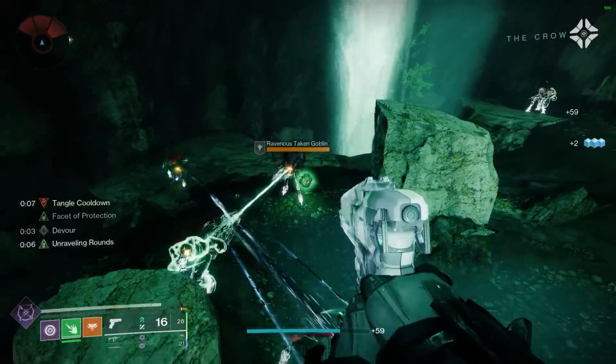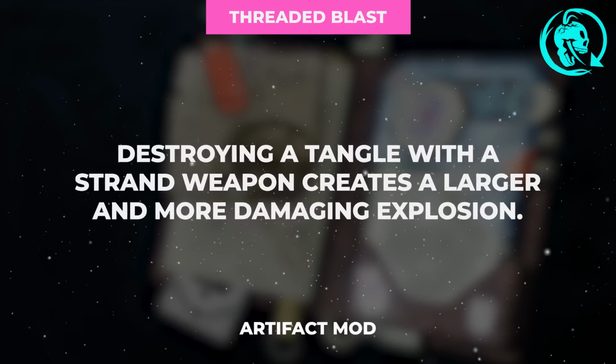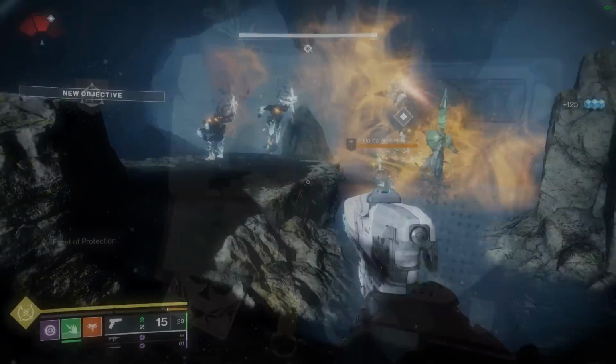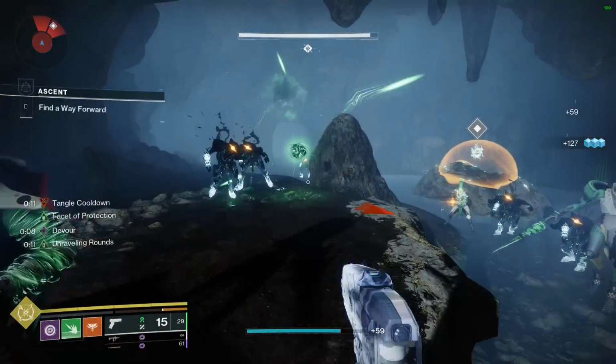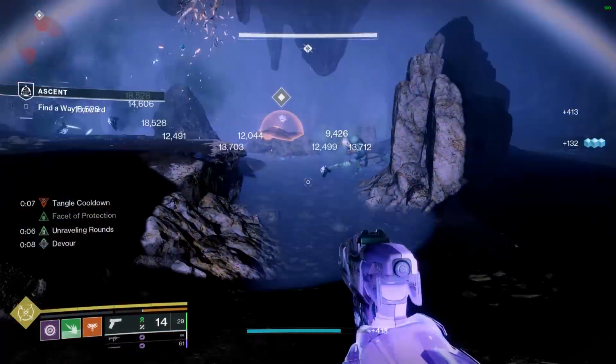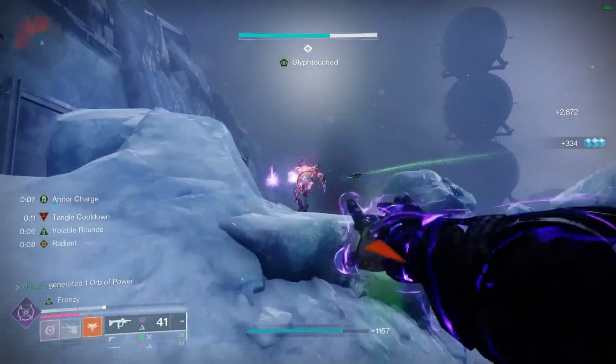While Tangles have always been good, Threaded Blast triples their damage and more than doubles their range, turning them into strand nuclear bombs whenever they are destroyed with a strand weapon. With this setup, Tangles will be one-shotting red bars even in contest mode activities, along with a heavy burst of